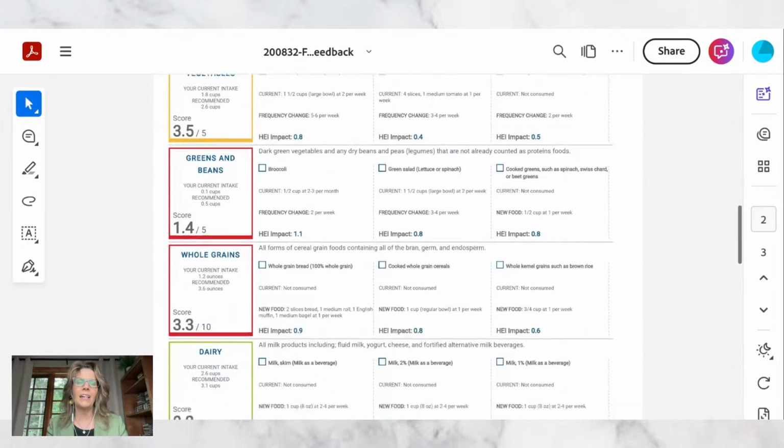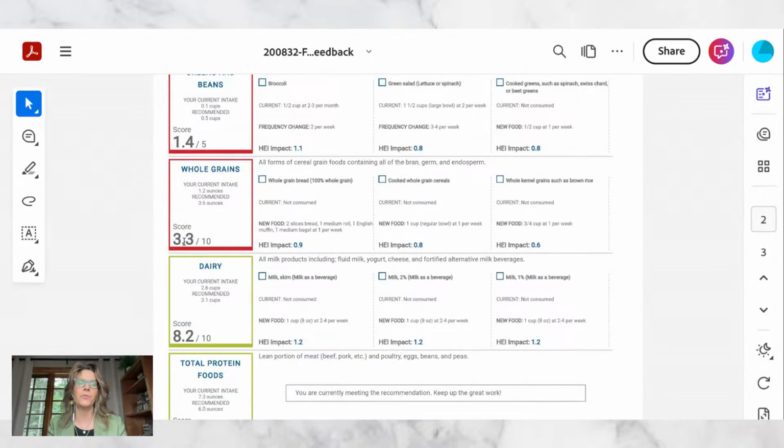So let's take a look at whole grains, for example, right? Their score was 3.3, data. The goal is 10, data. Now, these are behaviors that we can measure, right? So we're going to recommend, let's say the client agrees, that they can consume cooked whole grain cereals, which they're currently not consuming. The recommendation is 1 cup once per week. So that could be half a cup across two different meals per week. Data, right? The client is going to consume half a cup twice a week of cooked oatmeal or cooked quinoa. HEI impact, 0.8. I don't know that I would necessarily use that, but I keep my eye on that data